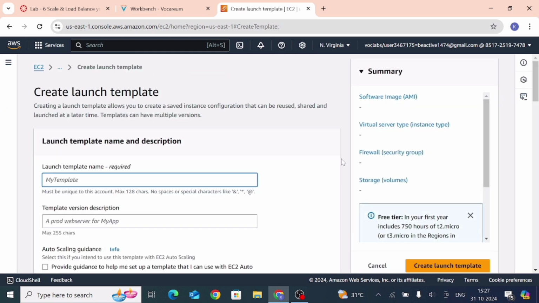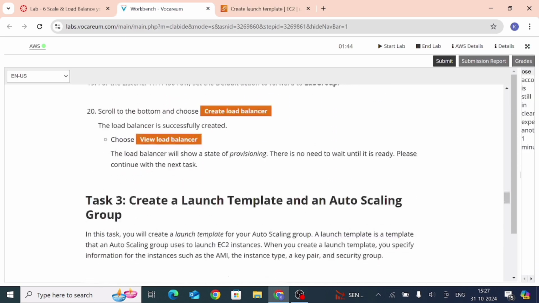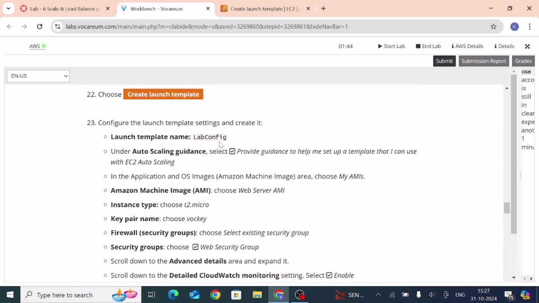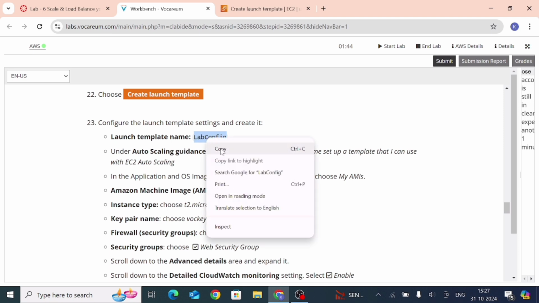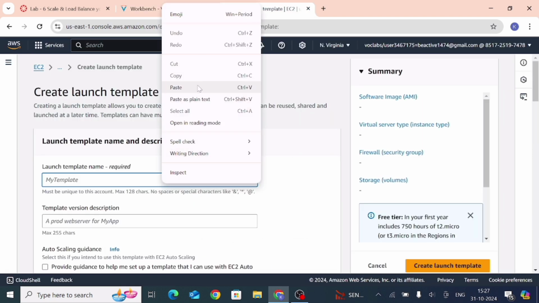Click on it. For the template name, copy from this workbench, task number 3, and here are all these steps. Just copy this name, copy, go back here, paste.